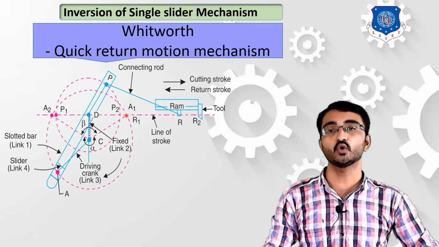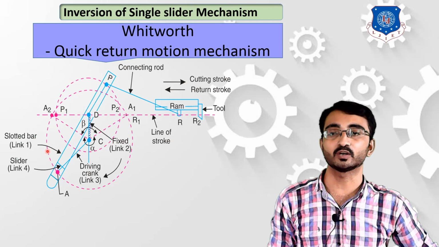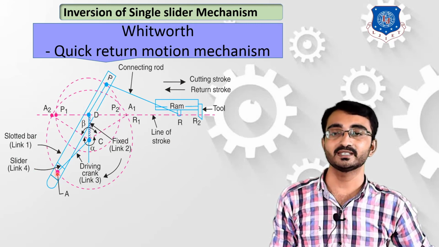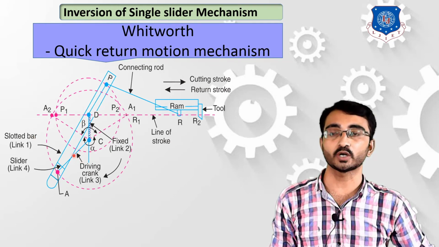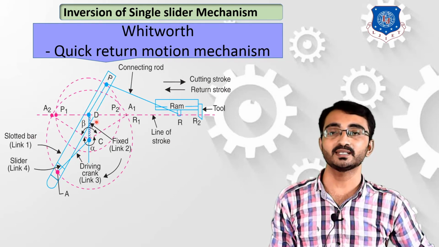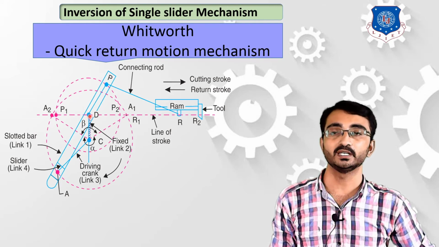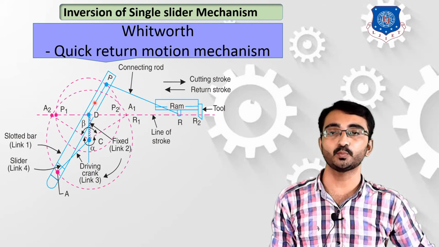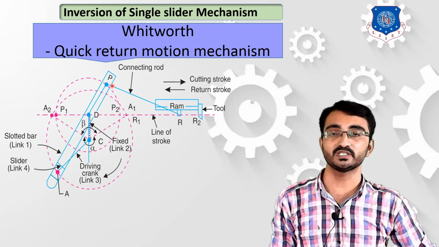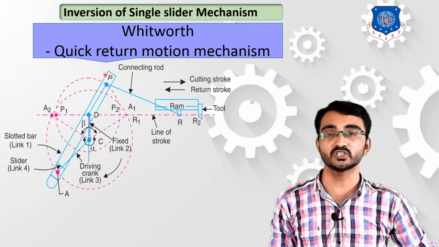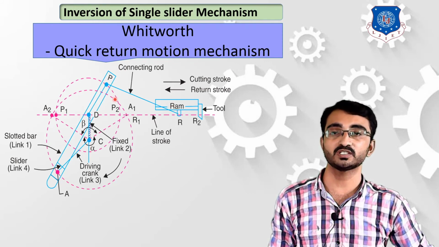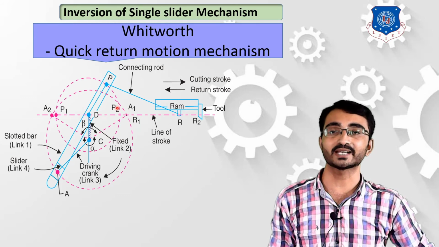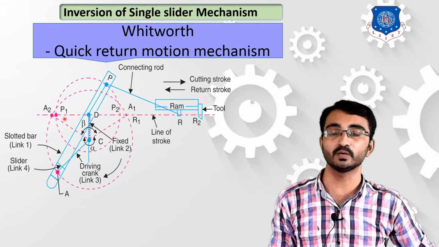Now due to the motion of this crank, over here you can refer to this slotted lever inside which your slider is sliding. This slotted bar or slotted lever will also be rotating, but the center of your slotted lever is point D. So with respect to point D, you have to make a circle which denotes the position of your point P, which defines the reciprocation of this ram. Now this rotation of point P will produce extreme positions P2 and P1 over here, and that will give you the return to cutting time.